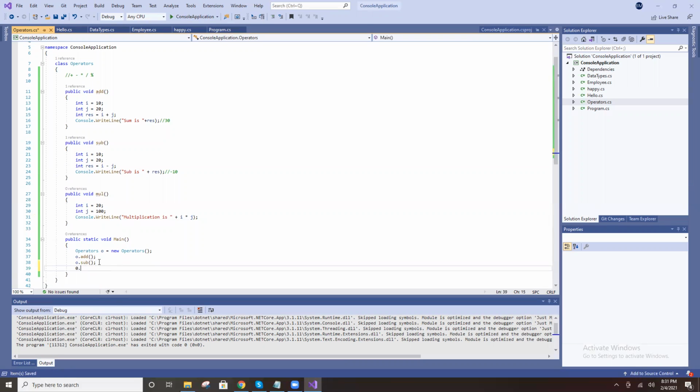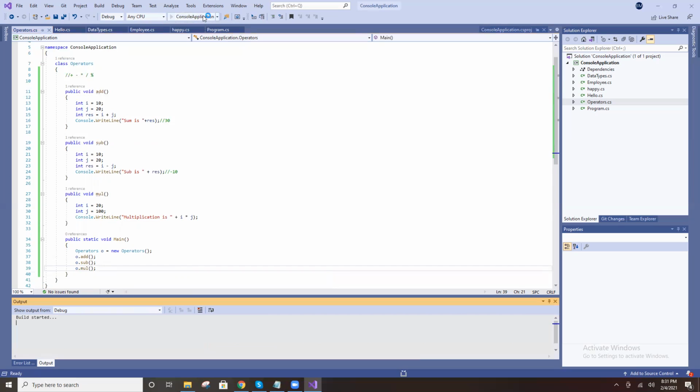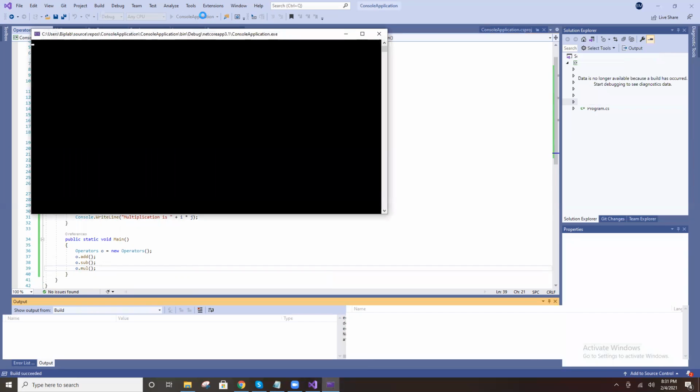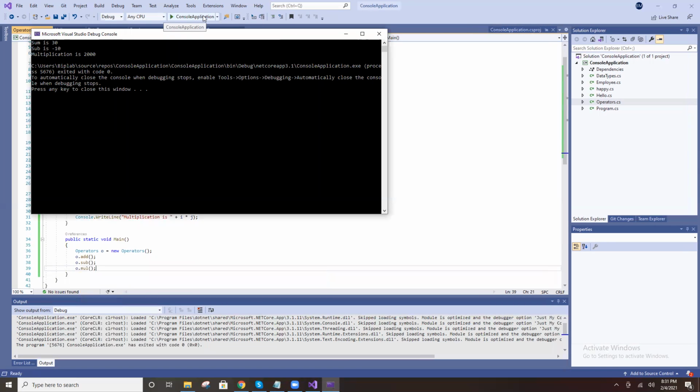o dot multiplication. No, I'm running now. Okay, 2000.